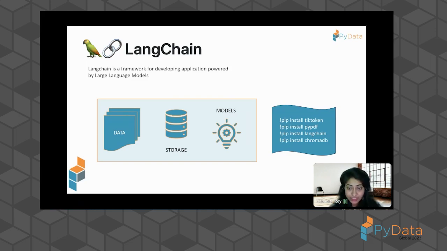What it also gives you is the ability of storing that information, because imagine a 100 pages PDF that you extracted all the embeddings from. You need somewhere to store it. You cannot store everything in the memory. So it gives the ability to interact with storage databases like ChromaDB. That's what we're going to see today. There's FAISS as well.